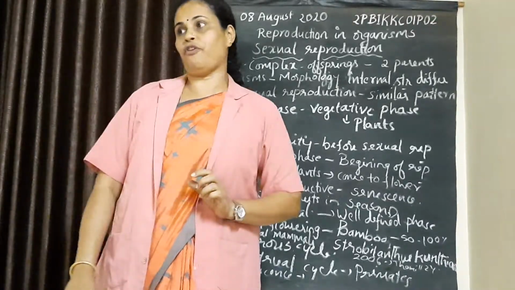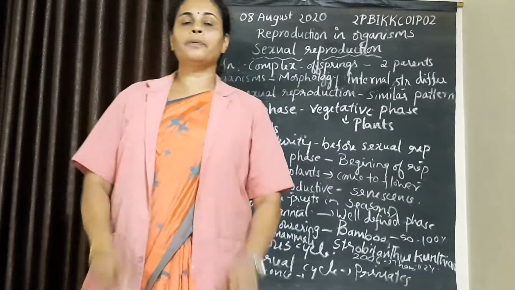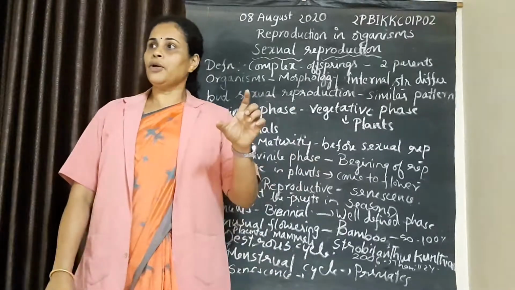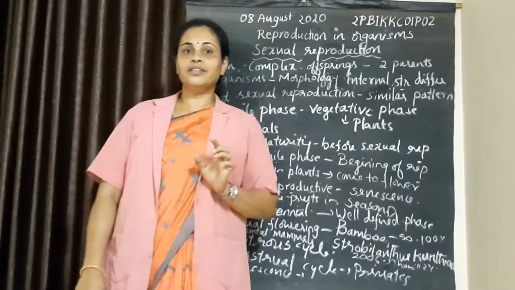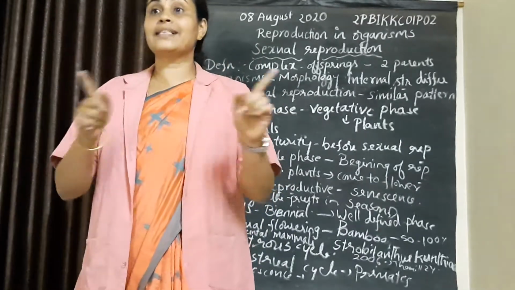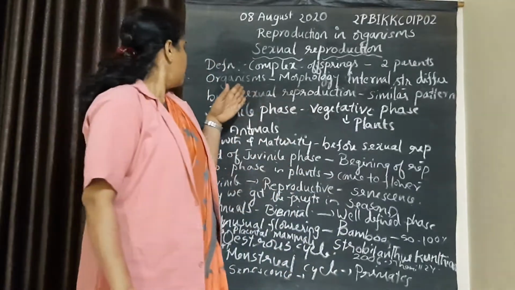Finally, a zygote will form. These gametes are produced by the type of cell division called meiosis. In meiosis, you have learned about synapsis and crossing over, where exchange of genetic material takes place. Then here,